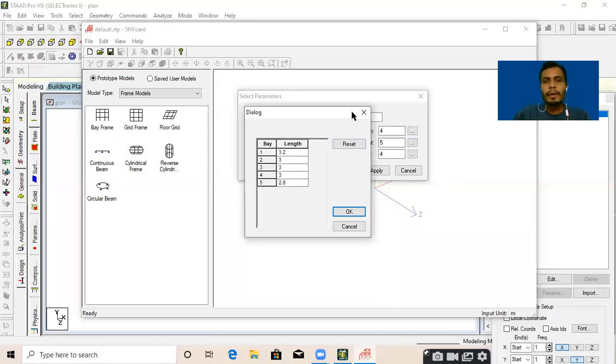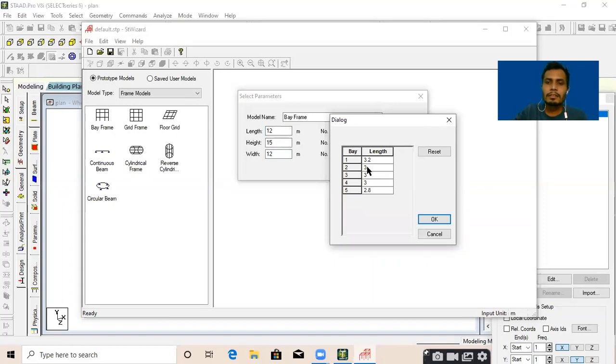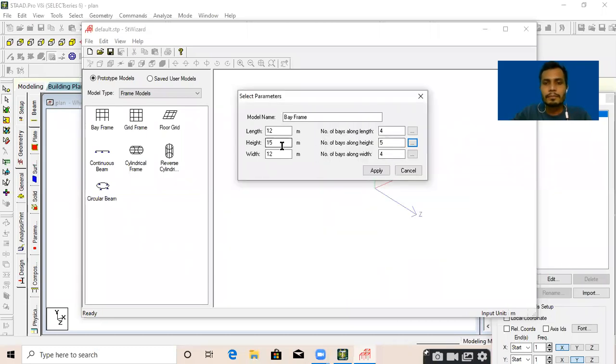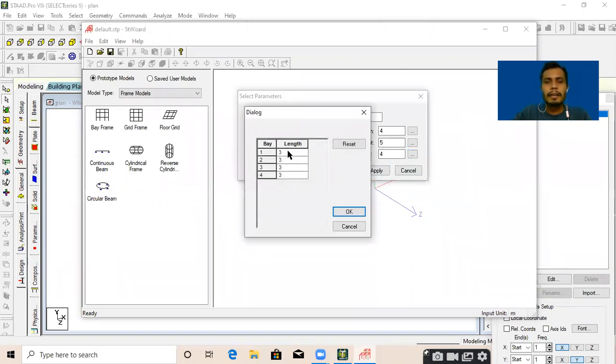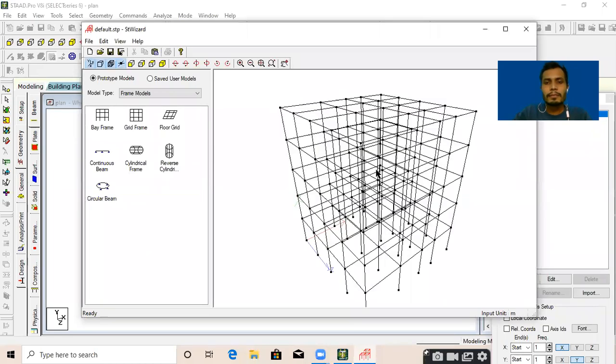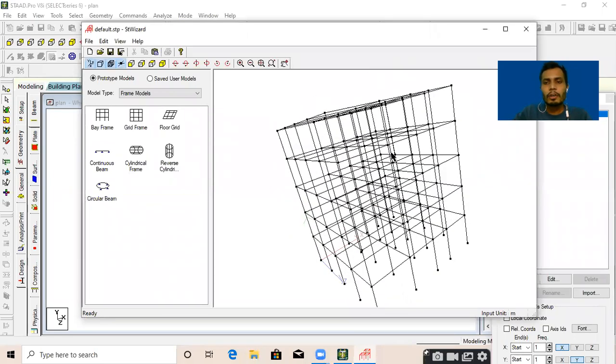Like we are providing height as 3.2, 3, and 2.8. The sum of the height is 15. It must be equal. And the bays along the width, 4 bays, and I just keep it 3. Okay, click on apply. Look at this, my model is created.